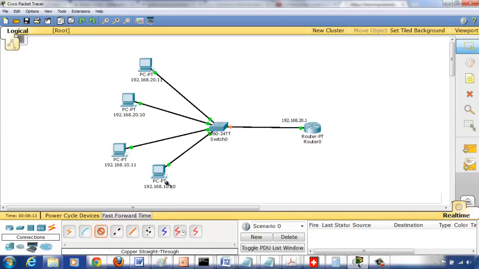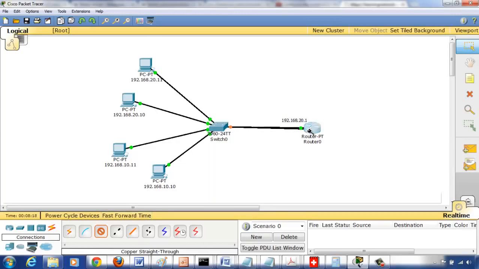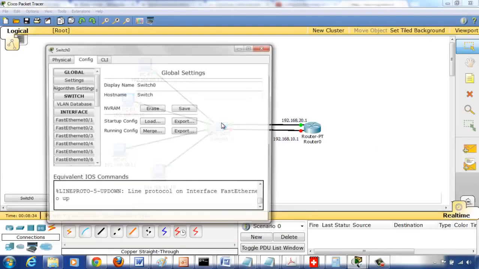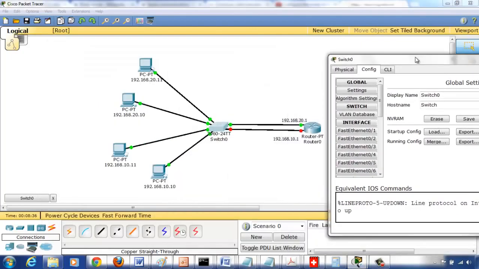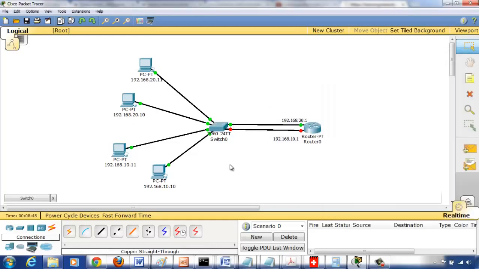So let me meanwhile add a second interface from this. So now 0/1 connecting to 0/0. So let me label this as 192.168.10.1 prefix. By the way, if you click on this, we want this 20.1 which we added on from the switch point of view. If we look at the switch where we added this, the green one, that is a 0/2 interface, right, for